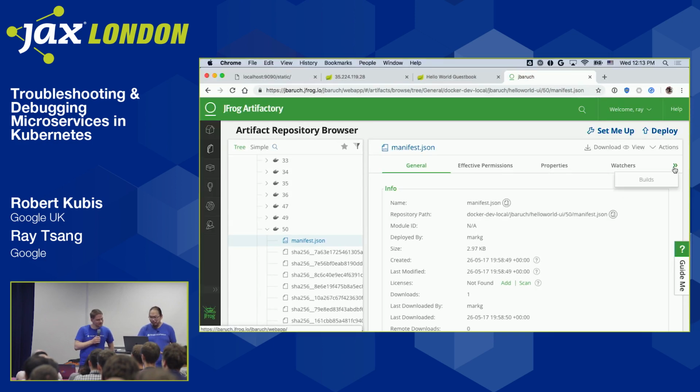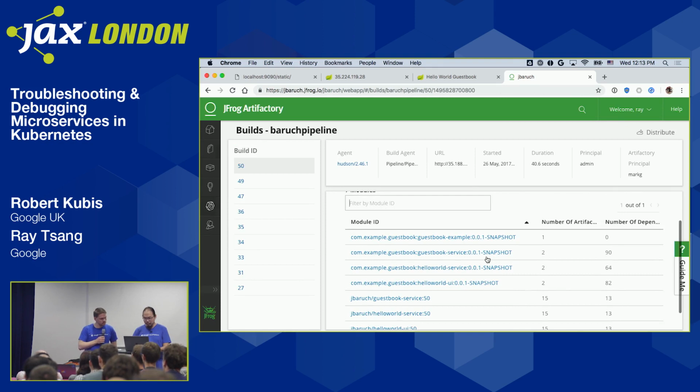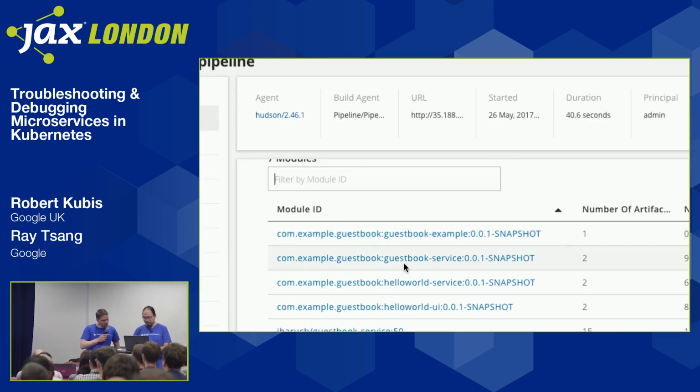And then we can go into the build. We can see how exactly this is built. For example, again, if you have the right metadata, you should always be able to go back to the revision. So in this particular container, we can see that this came from a few artifacts here. Guestbook example snapshot. So version